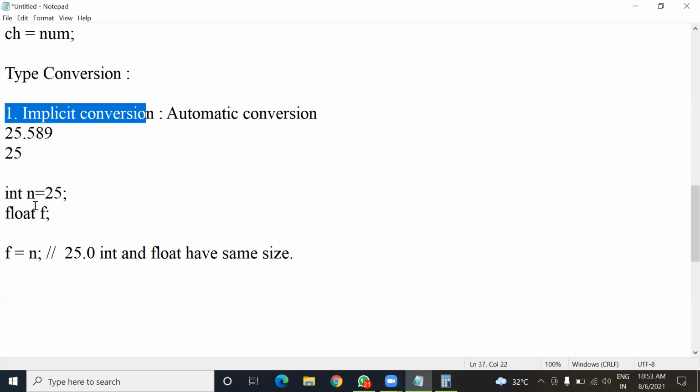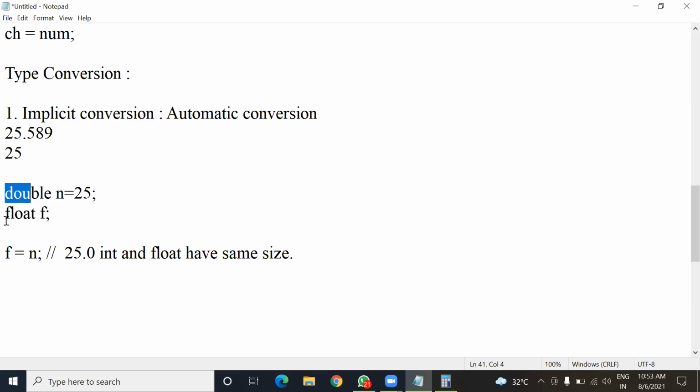Now if I change this int n to double n, here we have double data type and float data type.